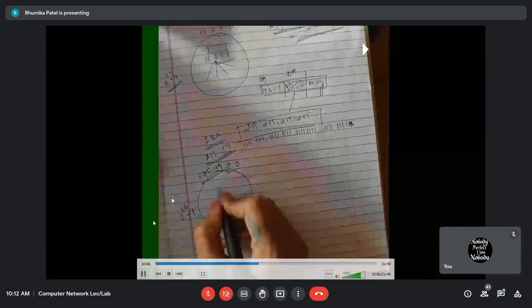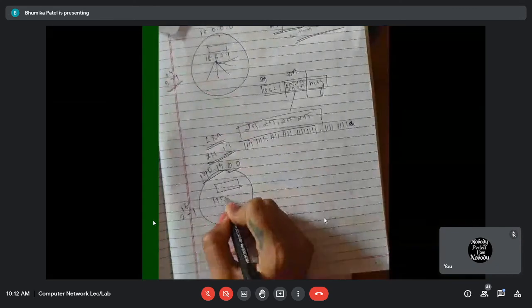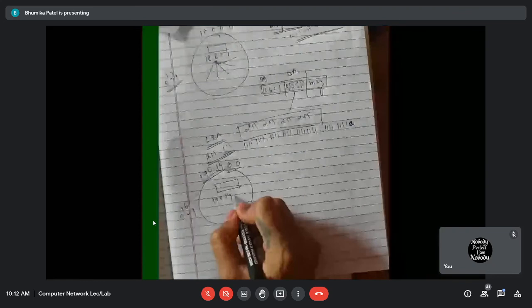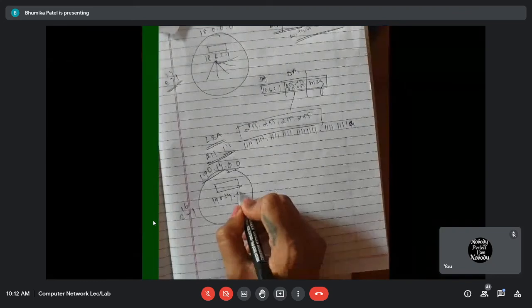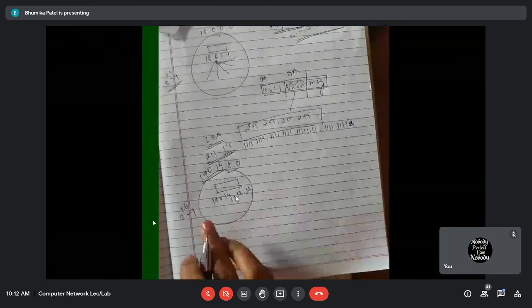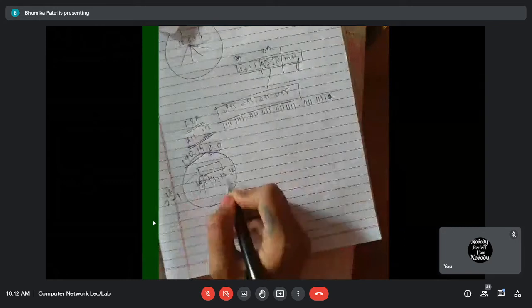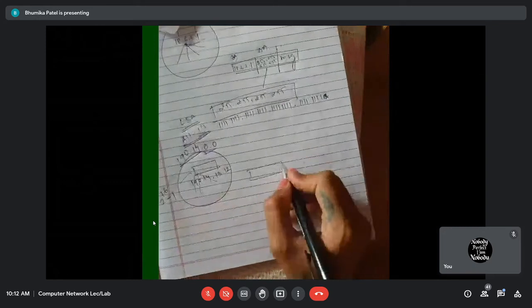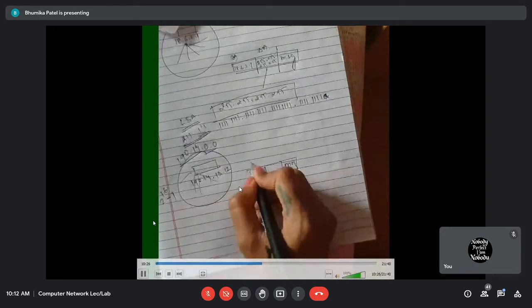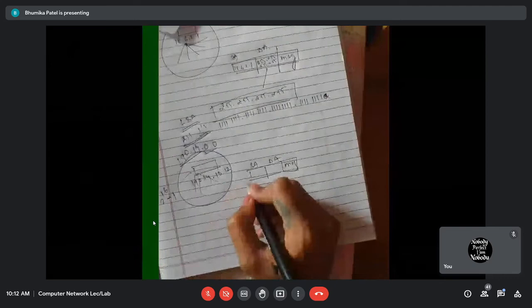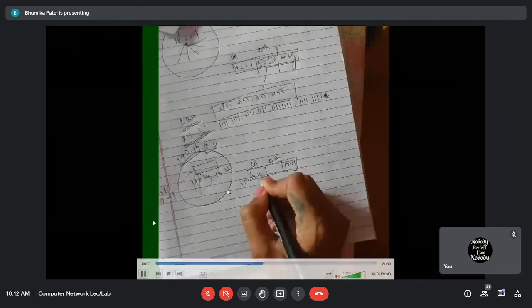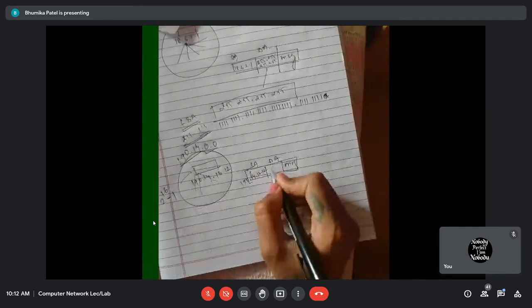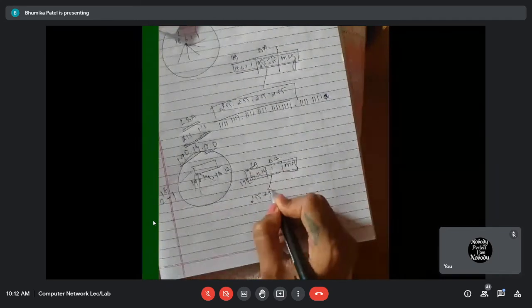And one of the devices has IP address 190.14 as it is, and the following bits can be anything. For example, it is 13.12. Now, if I want to send the message to all the devices from this device within the same network, in the source address I'm going to write 190.14.13.12 and in the destination I'm going to write 255.255.255.255.